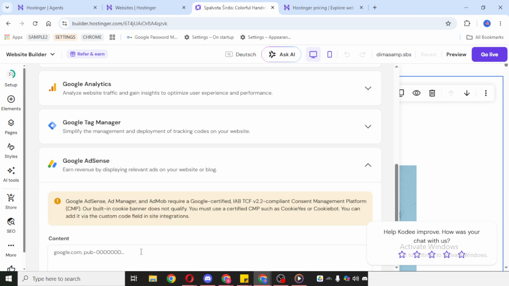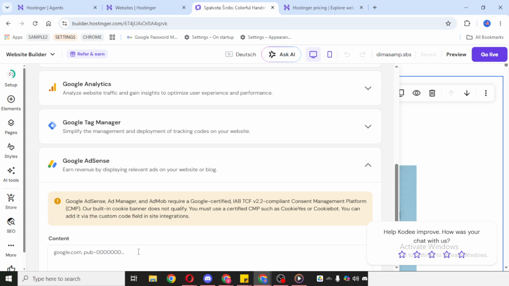As you go through the prompts, read each screen carefully before confirming anything. Some integrations may ask for account connection details or permission settings, so it's a good idea to review everything to make sure it matches what you want for your website. If needed, you can also pause and check the purpose of the integration before finishing the setup.